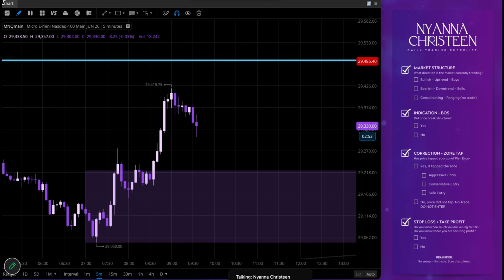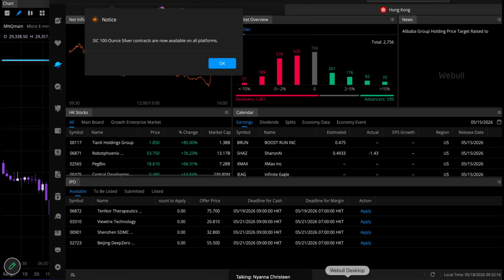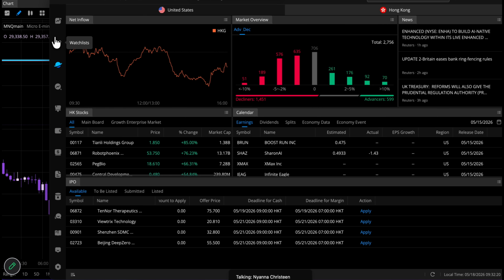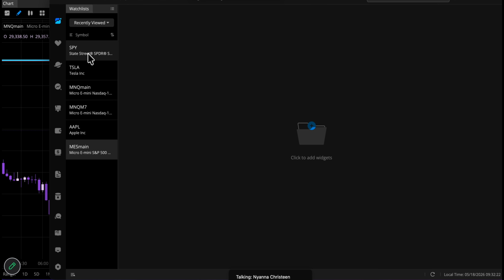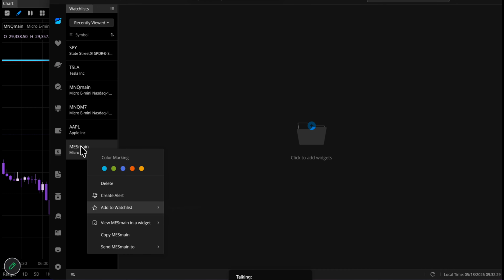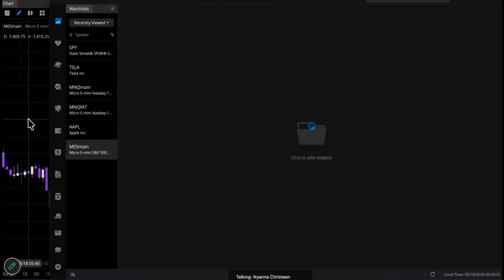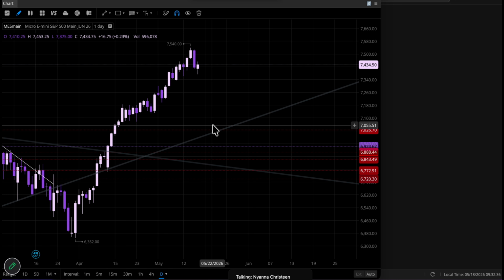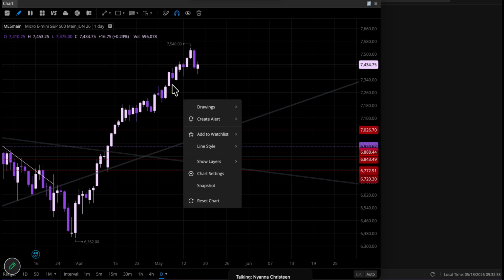I wonder if I can pull up another chart. Where's my app? Here we go. Silver contracts on all platforms. Okay. Let's look at SPY. Oh, dang. It changes the whole chart. Okay, whatever. So on the daily, I have a few. So what I would look for is